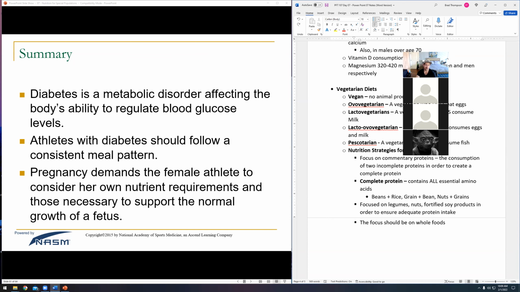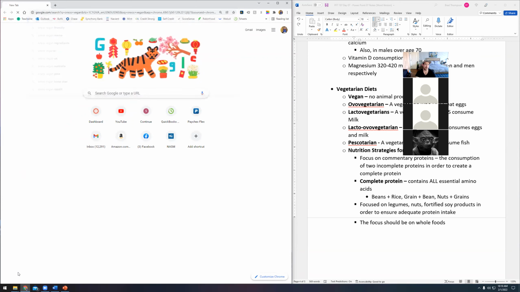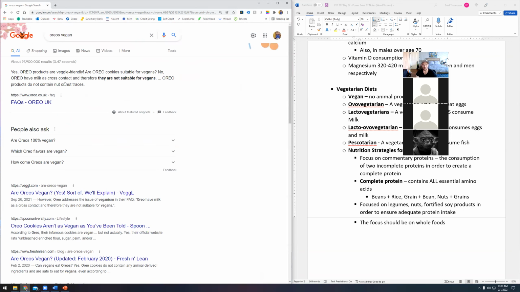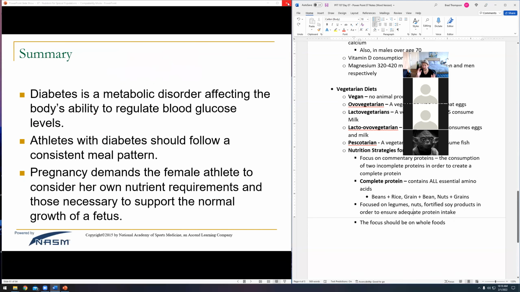Remember, this is a good way to remember this. Oreos are vegan friendly. This is a vegan safe food. It does not have any animal products in it, right? Is it healthy? I didn't say that, right? So yeah, you will know plenty of vegetarians, plenty of vegans who unfortunately are not getting a complete healthy diet. Doesn't always translate.